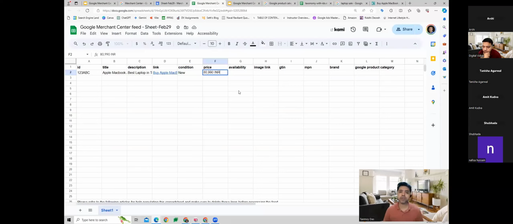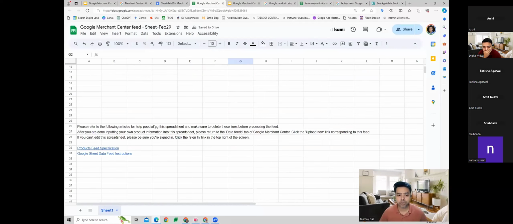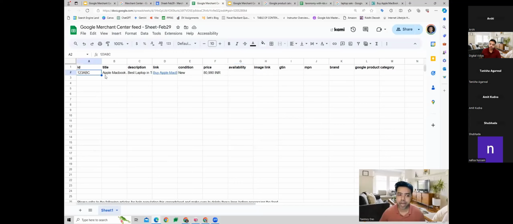So there is a specific format in which you will have to give all these details, guys. For that, Google has provided this particular support article called Product Feeds Specification, which you can read, and they will tell you exactly how to fill each of these fields with examples. So go through the support article very carefully before filling up all the details. Then availability. So whether this product is in stock or out of stock, pre-order, we can give that availability status as well.